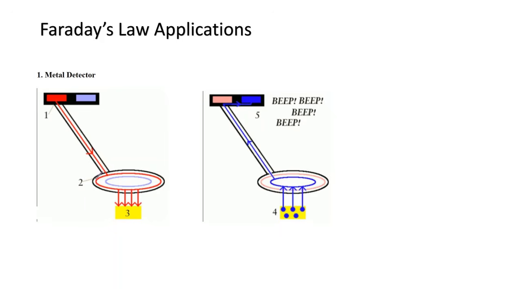This creates a magnetic field around the transmitter coil, momentarily. This field cuts through metal objects nearby. So there is a change in flux linkage which induces an EMF across the metal object. A current is driven